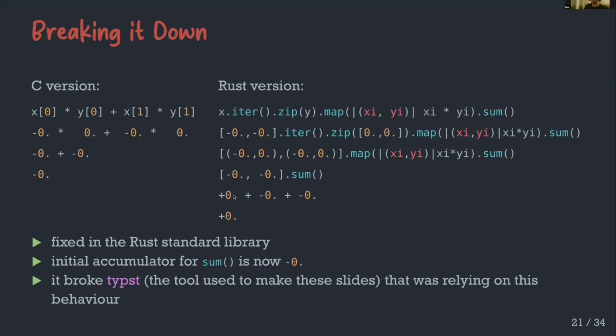The reason for this is that +0 is not the real neutral element for floats. You should use -0 instead, because +0 plus -0 actually gives +0. So we opened a pull request on the Rust standard library that was merged, and now the initial accumulator for sum is -0. You could think it's not really important because -0 or +0 are going to compare as equal